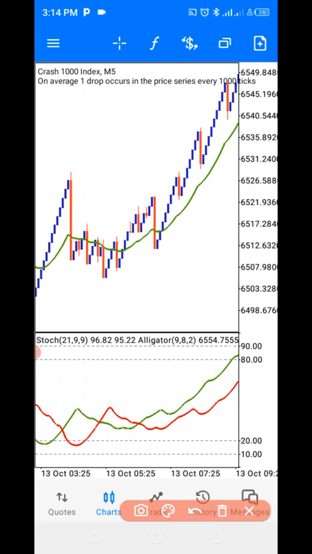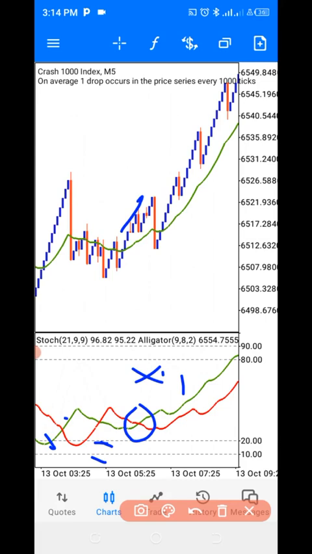Now, to be on the safer side, a good strategy must have an entry and an exit together with your risk management. The risk management here is that once you enter, you have all the confirmations met: the green moving average in the indicator window has touched the 20 level or the 10 level, and it has crossed over the red moving average in the indicator window. That is the first confirmation. The second confirmation is that on the main chart, price is above the green moving average. Then obviously you can enter for a buy.